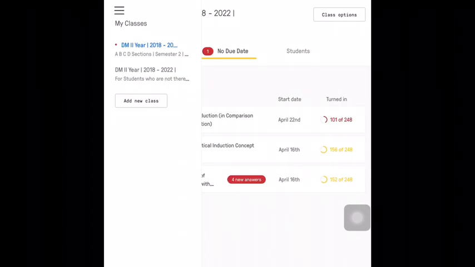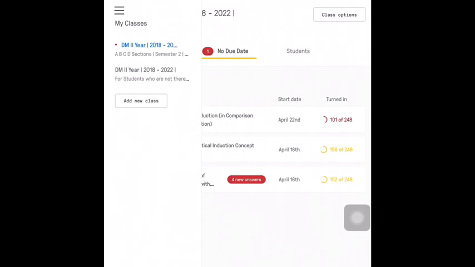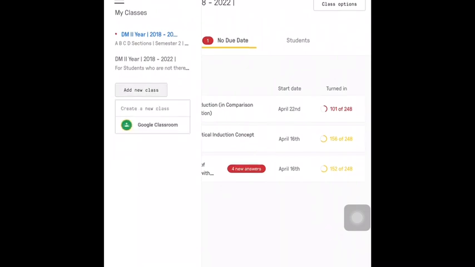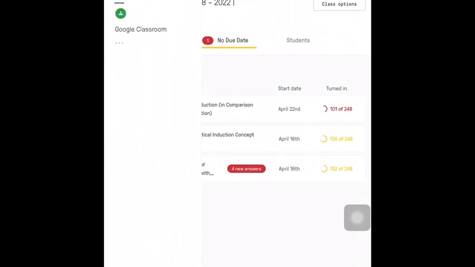Suppose you want to add a new Google Classroom into the Edpuzzle app, you just click on add new class. Now it will prompt you to create a new class or use Google Classroom. Since I want to import a class which is already there in Google Classroom, I should click on Google Classroom.